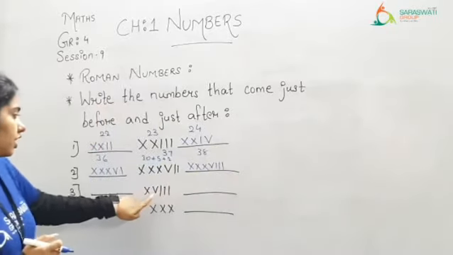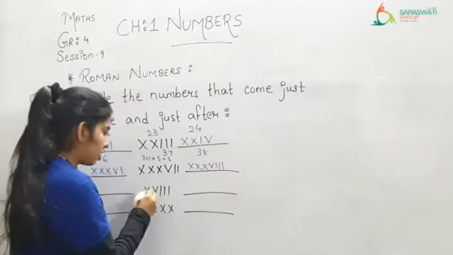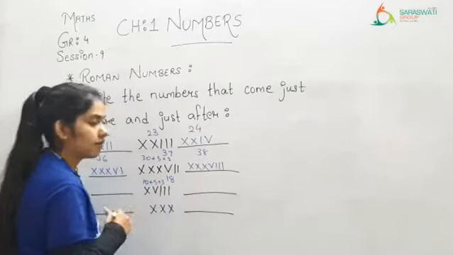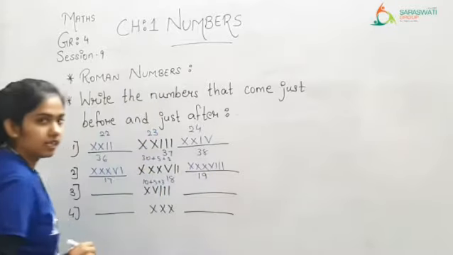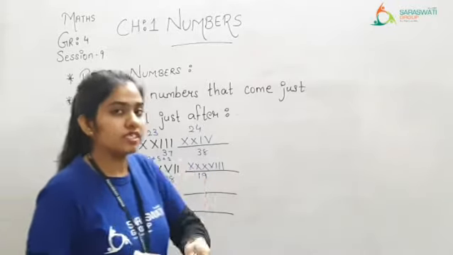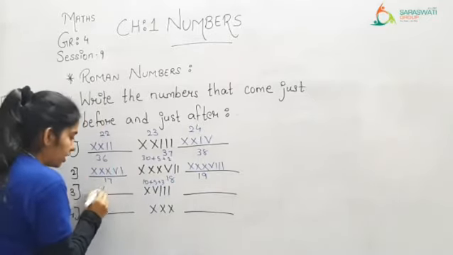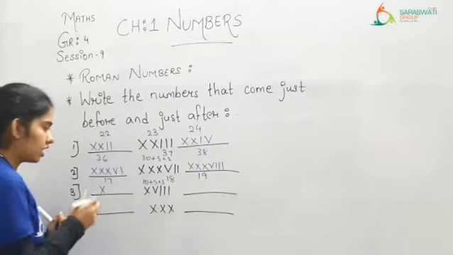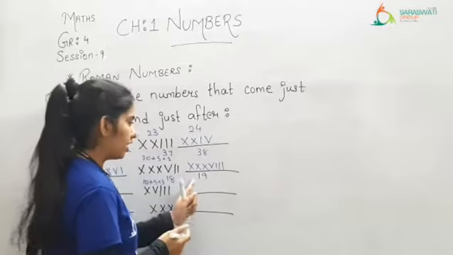Now the next one, that is x, v and 3 times I. So at the x place 10 plus 5 plus 3, that is 10 plus 5, 15, 16, 17, 18. So this is the value, that is 18. So before, that is 17 and after 19. So now what is the Roman value for 17? So here it is 1 at the tens place. So only 1 time x and the value is 7. So v, 2 times I. Now for 19, here also 1